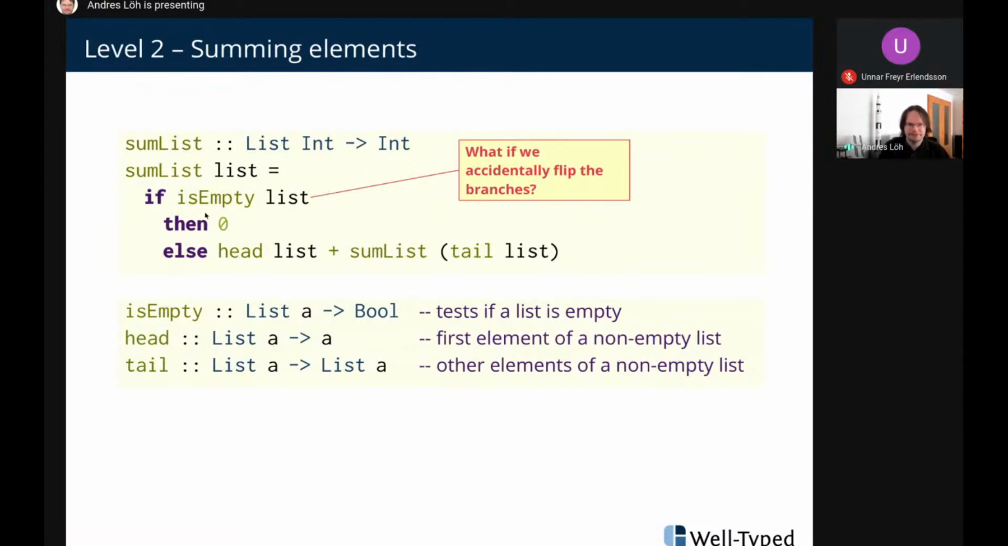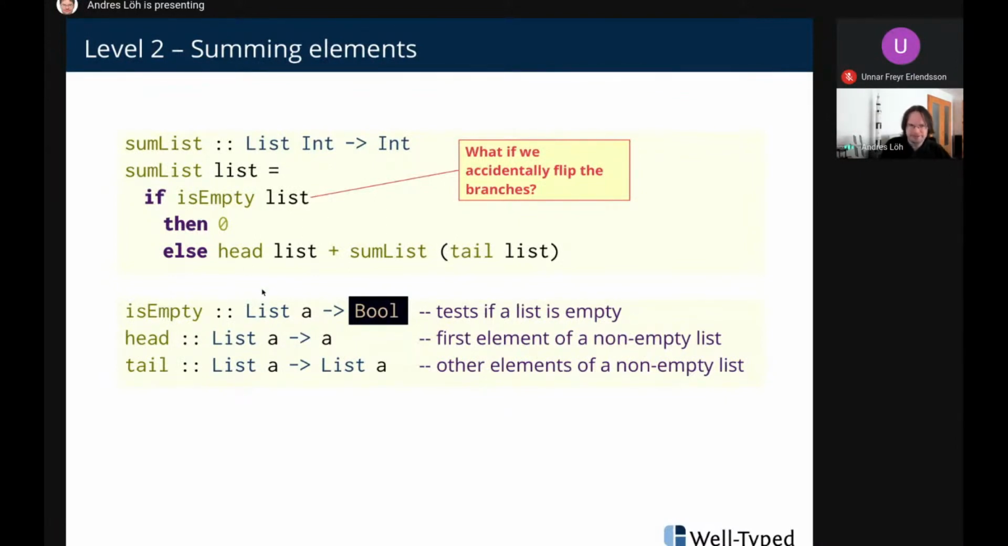Because our IsEmpty test is producing a Boolean. And as I said before, false or true are, as far as the type system is concerned, of the same type. They're completely interchangeable. So flipping the two branches in this if then else will not lead to a compile time error. It will lead to a crash. The moment we are starting to actually run this on